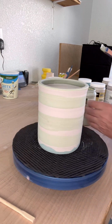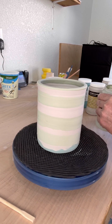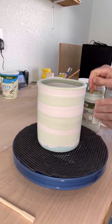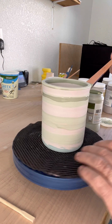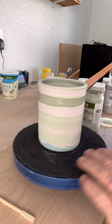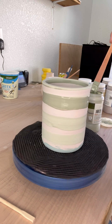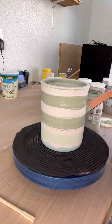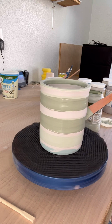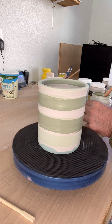Okay, we're going to put another coat of our seaweed on here. I really love doing the bands, and I hope you guys are trying this out when you do these. It really gives you a very varied effect. I mean, if you're wanting consistency in a glaze, you don't want to do this. But if you're really looking for,